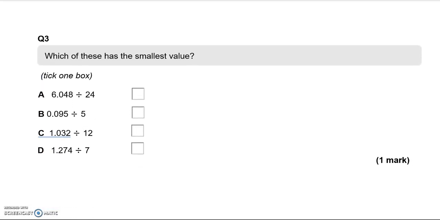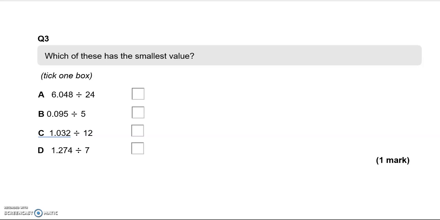Question number 3. Which of these has the smallest value? We've got 6.048 divided by 24, 0.095 divided by 5, 1.032 divided by 12,